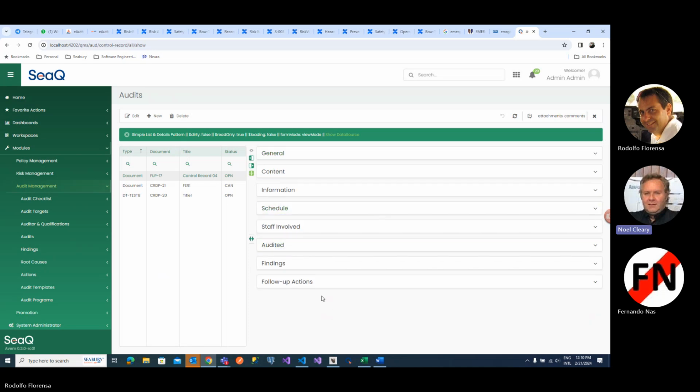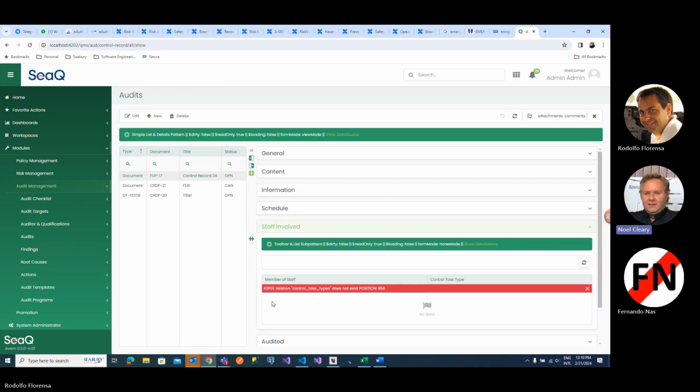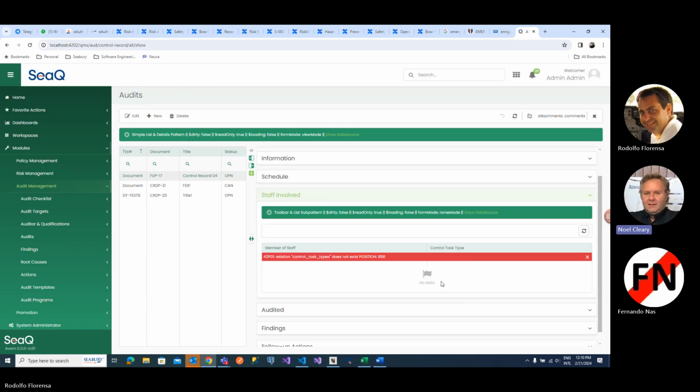So staff involved shows the people involved from your QA department involved in doing the audit. And then audited is where you invite people from the area being audited to take part in the audit. So for example, let's say a section manager or something like that. But I think we should change the name from audited to